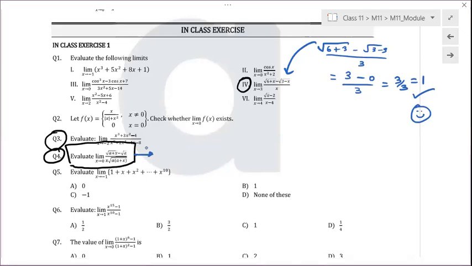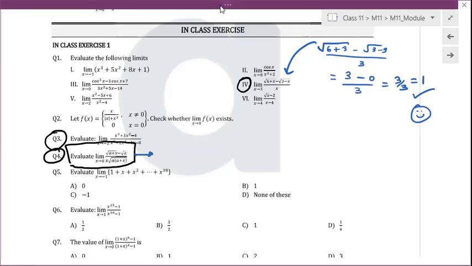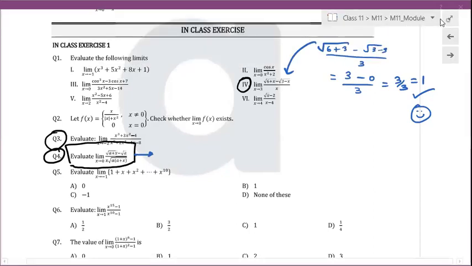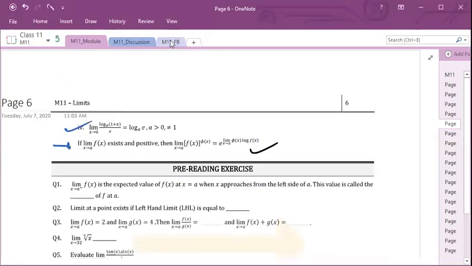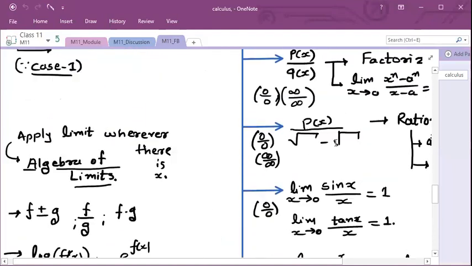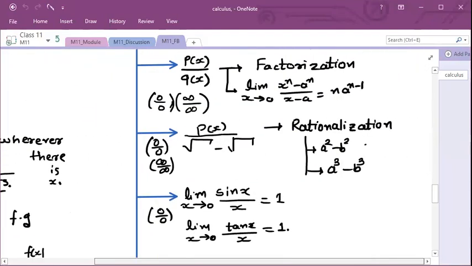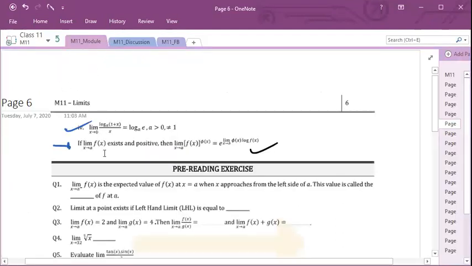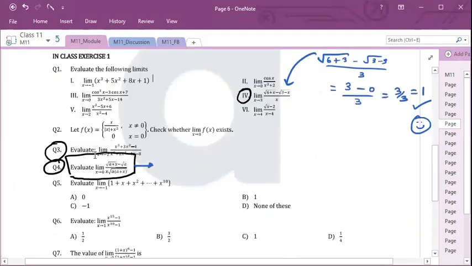So that you can cancel this x. So what can be done over here, students? See, you are observing root here, right? Just remember all the methods we have seen. Yes, right. Whenever you observe square root minus square root, you have to use rationalization, right? a square minus b square. So that we will apply over here. Question number 4: root(a plus x) minus root a, divided by x into root(a into a plus x).